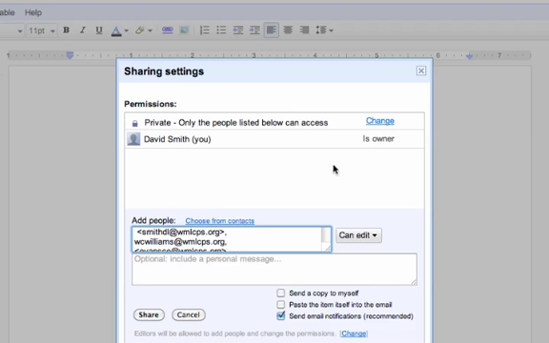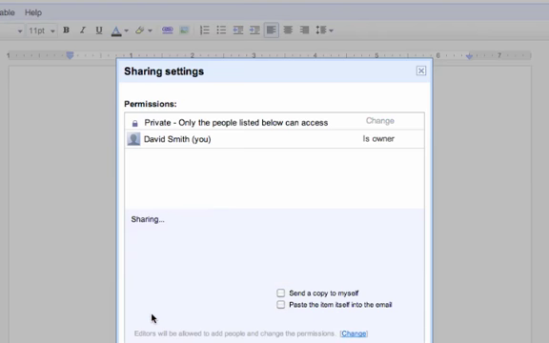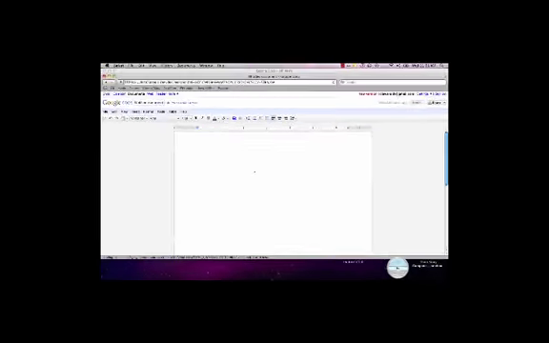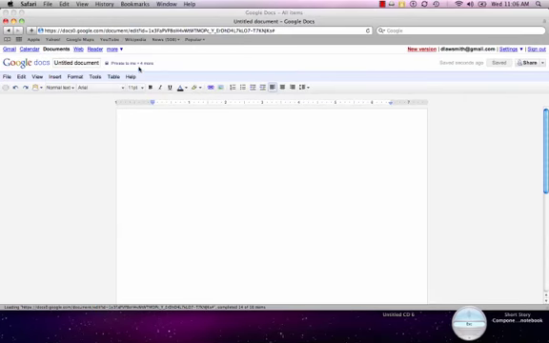Once I click Share, you can see the blank document. And as the original editor of this, I'm going to go ahead and type in a little content. So the writing prompt that I was assigned was Where the Turtles Live. And of course, this is an example. That would be the story. So as the first student working on being assigned the first part of the story, I'm going to go ahead and type in a little information